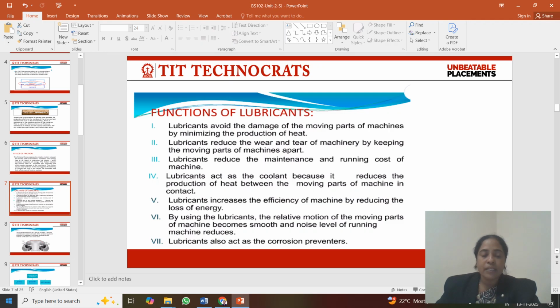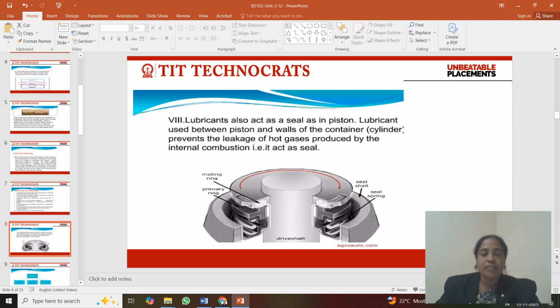And lastly but not least, lubricants are also important for controlling corrosion, or we can say that lubricants act as a corrosion preventer. By performing all these 7 to 8 types of functions, lubricants are most effective for improving the efficiency of the machine and controlling corrosion. Now, here a diagram is given where the action of lubricant is shown, where the lubricant acts as